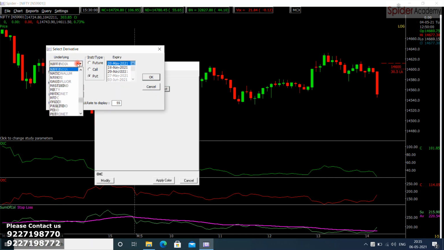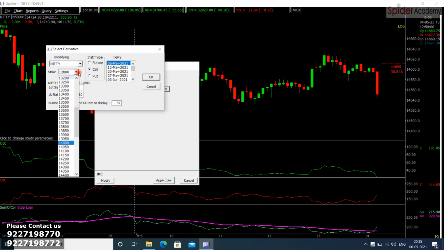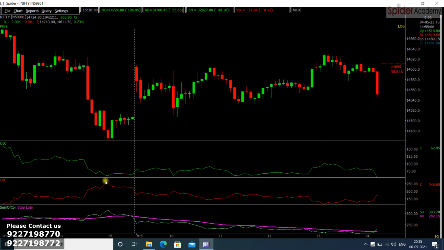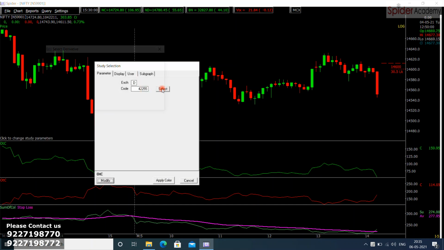In underlying value I select Nifty, instrument I select call options, already expiry selected 6th May. Now I select 14,600, click on OK, click on modify. So this green line indicates 14,600. Again I click on OTC, I click on select